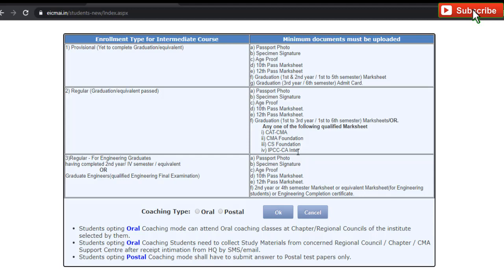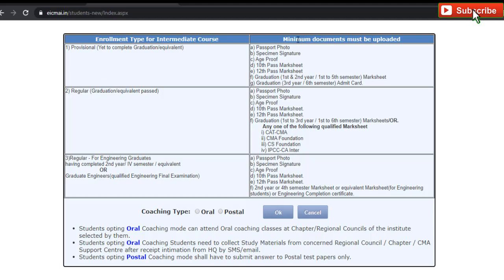And friends, if you have completed CA intermediate, then you can also register for CMA intermediate. So you have to pass any of these exams for registering into the intermediate regular course.